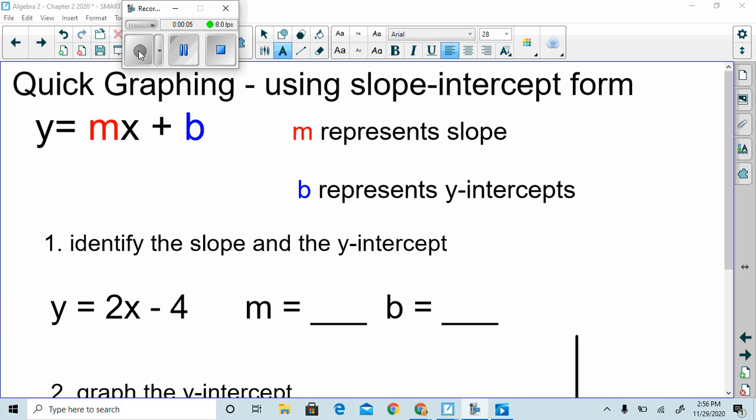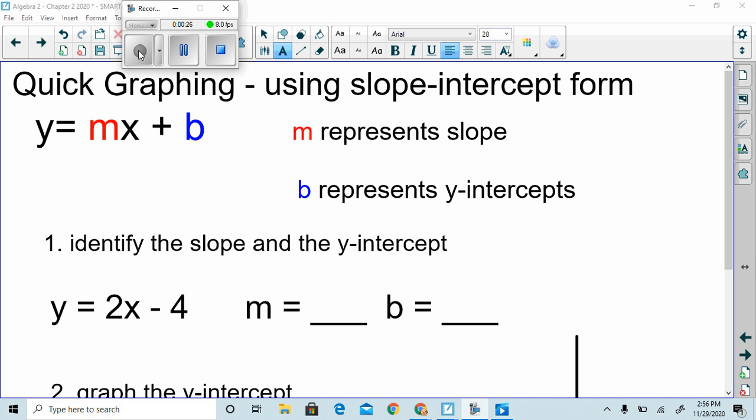We've already done some graphing with setting up a table of values, and then we found out that there were two quick graph methods. The last couple of sessions we worked on graphing intercepts and then finding and graphing intercepts. And then in our very last session, we moved on to the other quick graph method, which was using the